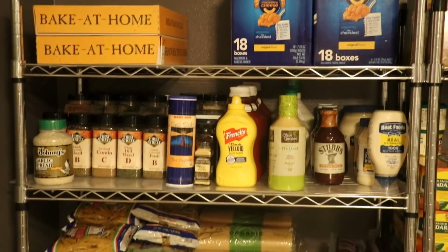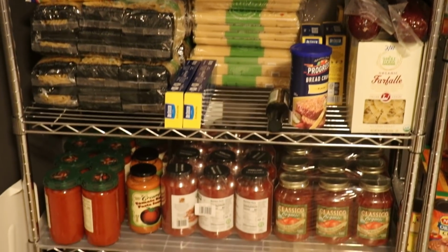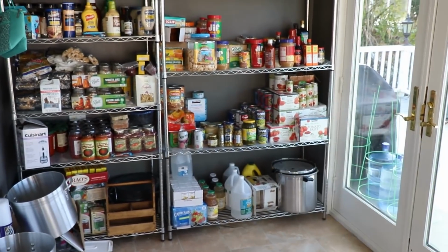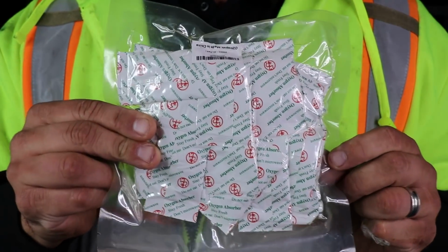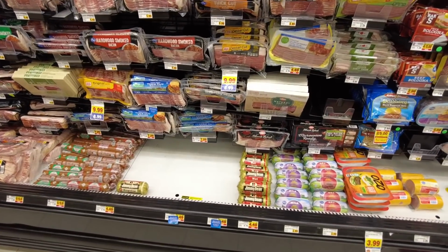In the world of emergency preparedness, the top food preps to get are the ones that are shelf stable and non-perishable. So things like rice and beans and canned foods. When stored properly, these items could last for several years on your shelf without refrigeration. If you put things like rice in Mylar bags and 5-gallon buckets and remove the oxygen, they could last for many decades. But for this video, we're going to discuss what are the top perishable preps to include in your